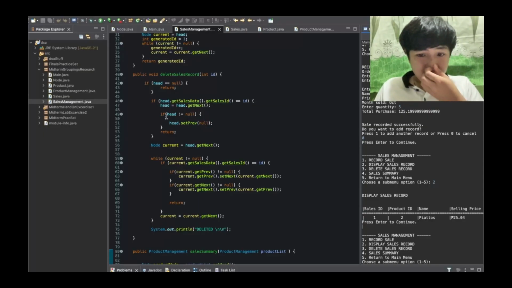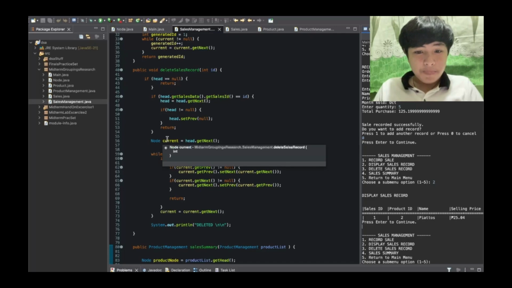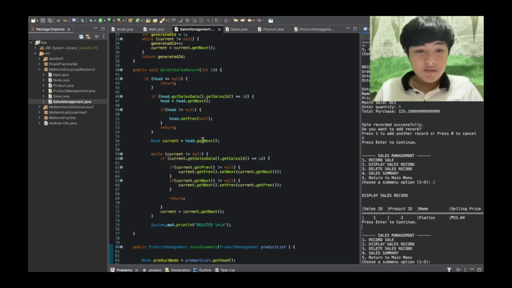So this if statement, if the head is null, then the new head will be set to null. Next we declare a current, which is the head, the new head after doing these statements right here.